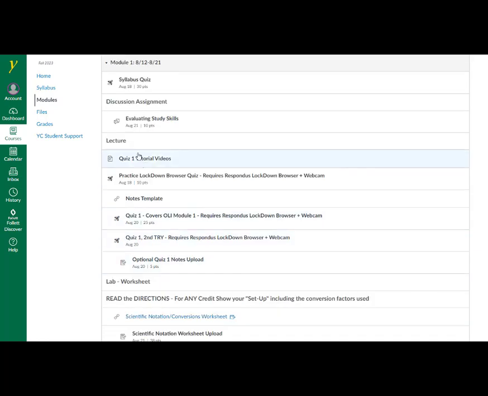Each module has a similar structure. The first module has a syllabus quiz and a discussion assignment. The subsequent modules do not. But the structure of the modules is a lecture and the lab portion. And in the lecture section, there's a link to a list of tutorial videos, and then you have the quiz that the tutorial videos are based on,